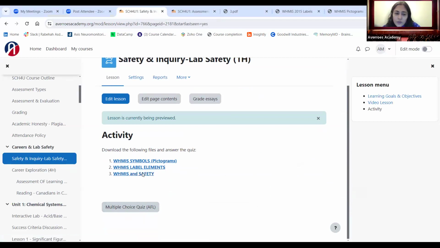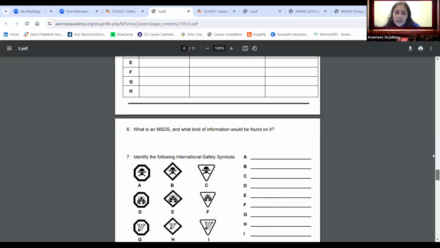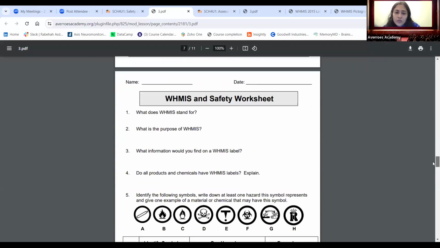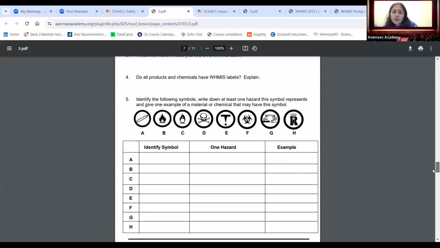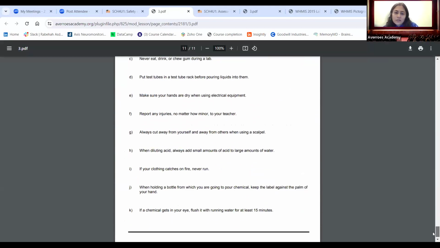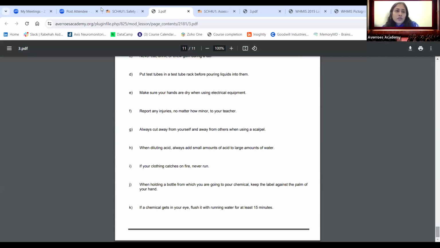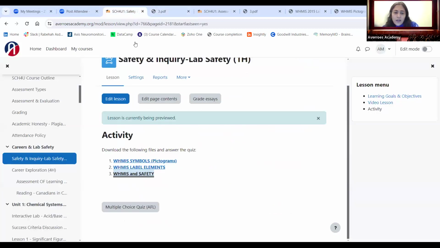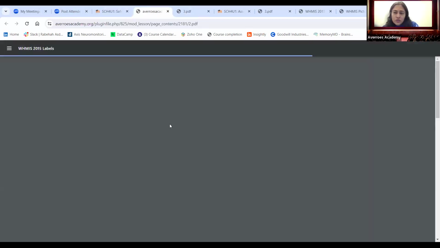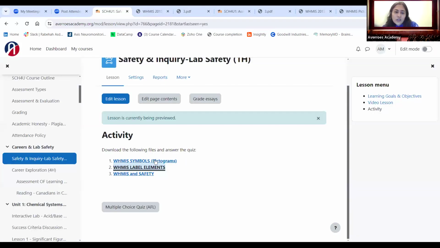And then we have WHMIS and safety. Just go under each section, and then it will tell you that you have to work on these assignments here, basically. So just be sure to look at every section and what they need you to do. There's nothing for this. This is just a sheet that you need to go over. But once you come under WHMIS and safety,